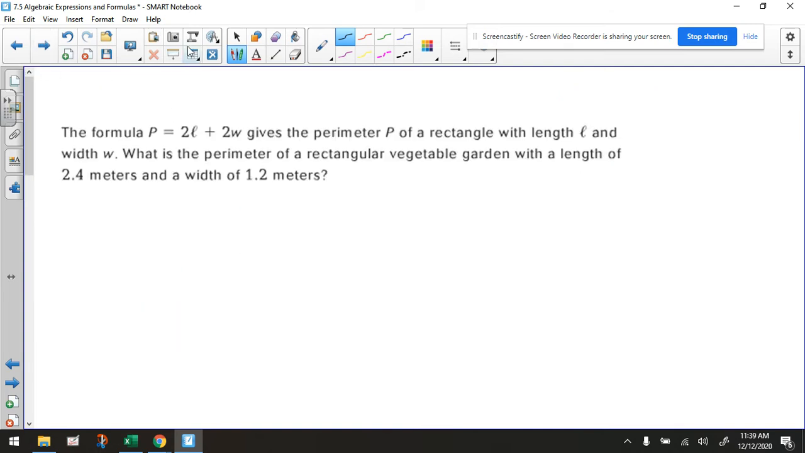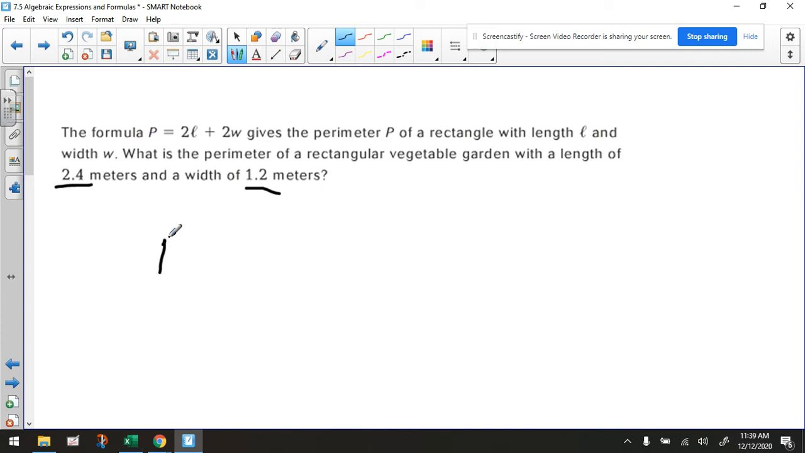All right, so let's take a look at another example. The formula perimeter equals 2 times the length plus 2 times the width gives the perimeter P of a rectangle with a length of L and a width of W. What is the perimeter of a rectangular vegetable garden with a length of 2.4 meters and a width of 1.2 meters? So step 1 is to rewrite the